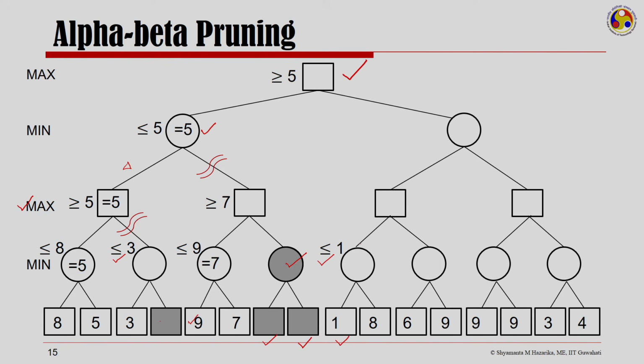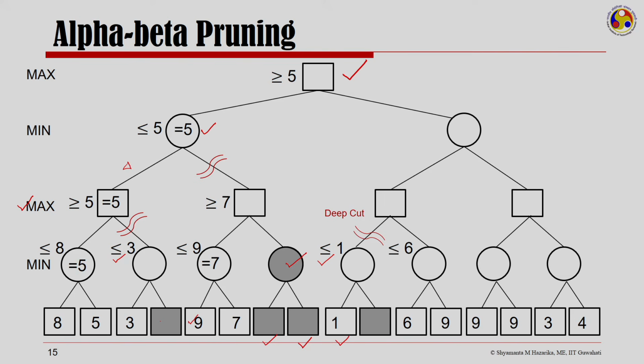Now, when I realize that this tree here, all it will give me is a maximum of 1, I can cut this tree out. One difference that you should notice now between the earlier cutouts and this cutout is the fact that earlier cutouts were done on adjacent levels. This cutout is called a deep cut because I have gone at least 2 levels down the line to cut out a subtree that I will not explore any further.